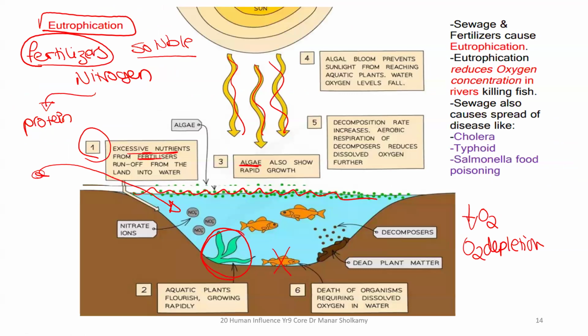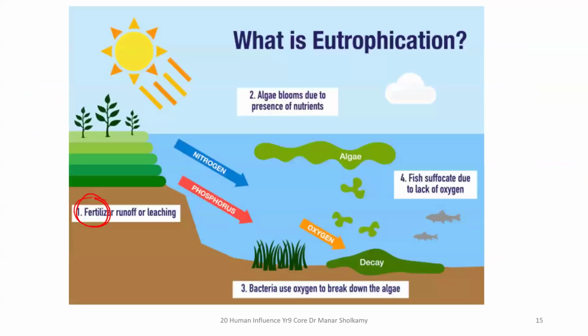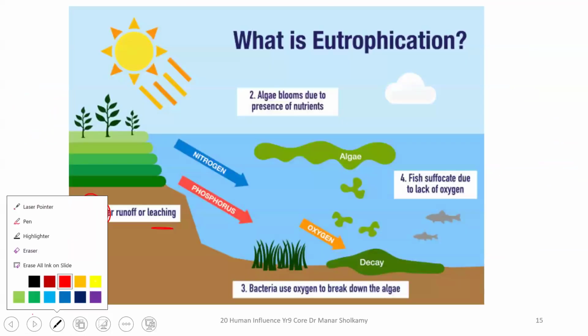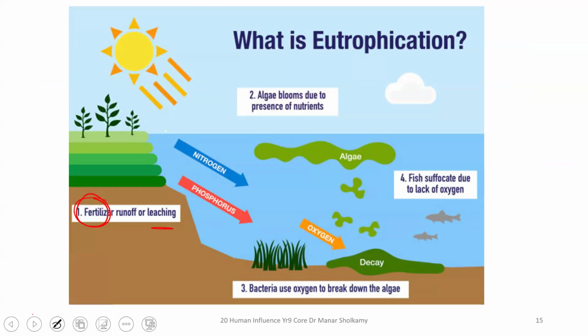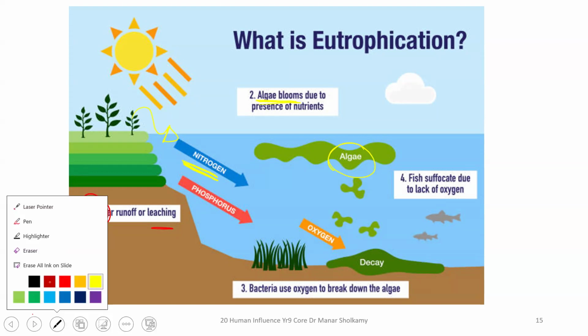Again, another picture here. You have fertilizers, overuse of fertilizers. They will leach. The word leach is very common. They will be dissolved in the rainwater and they will go to the river. Lots of nitrogen. It will cause the overgrowth of algae, algae boom. Okay. It will create a green curtain that will block the sun.